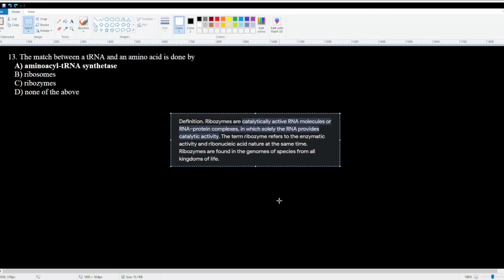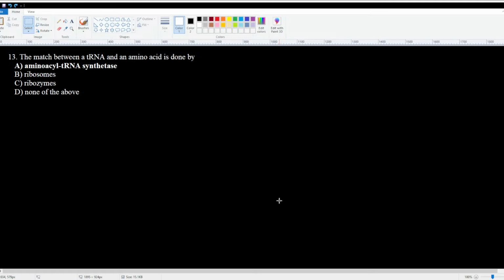So basically, what this is saying, I think, is just to differentiate between ribozymes and just regular enzymes. Ribozymes are in ribosomes. They have rRNA and then protein complexes within the RNA. I don't know how much you guys learned about that within the slides. If I'm going to be real with you guys, I don't remember it ever being mentioned. I'm sure it was mentioned once or twice. However, that's not really the answer for this question because the question is asking